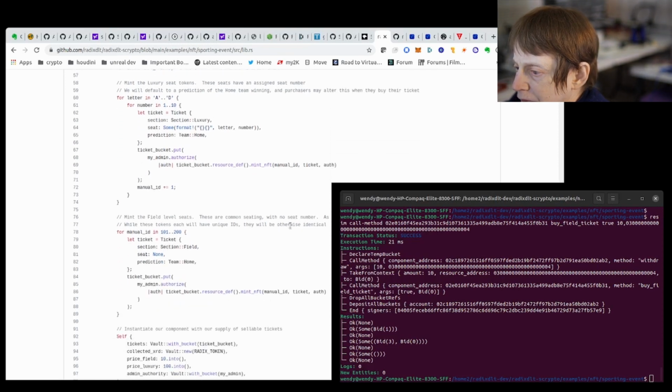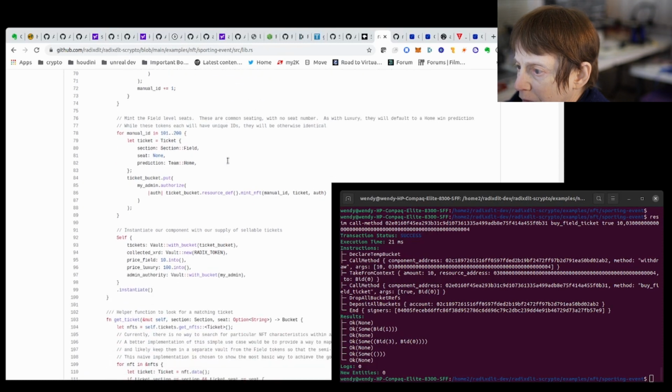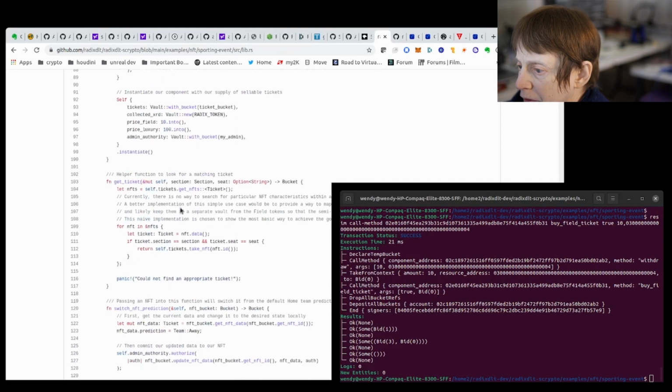And then the field level seats, which don't have a seat number, and they assume the prediction is the home team. And again, your authorization badge lets you create it. So you have your tickets, and then they set the price to 10 for the field and 100 for the luxury. You have your admin authority, again.